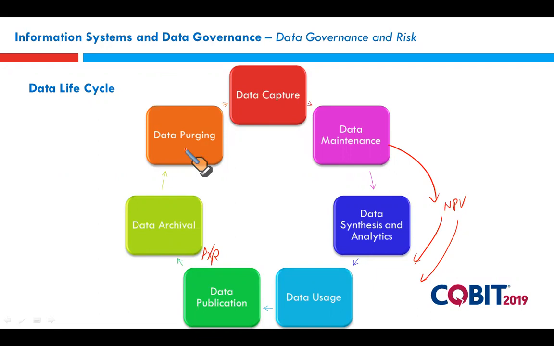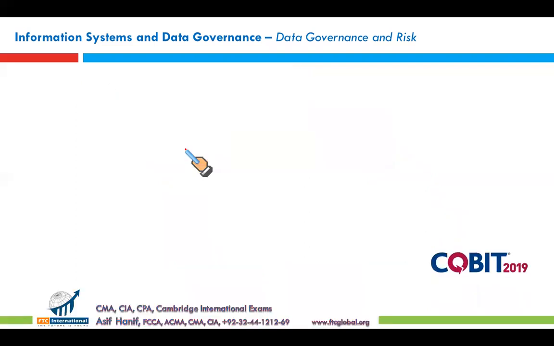This could be very risky. Disposing of all the copies of data, deleting it from your servers, offsite, on-site. The problem is, when do we need to purge the data? 5 years, 10 years, 15 years, 20 years? Or should we never purge the data? It depends upon the jurisdiction you are operating in, the laws of that jurisdiction, government tax laws, regulatory laws of SECP, and it depends upon the regulator also. So these are the 7 stages through which the data moves.